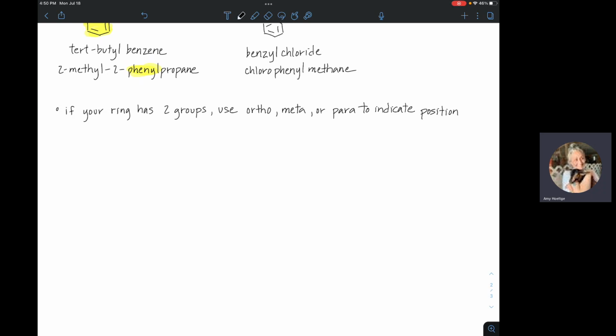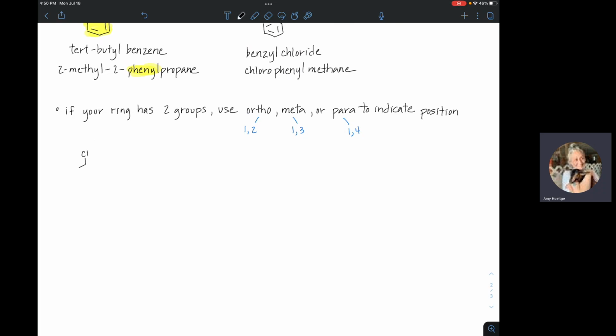I've seen students do that before, where they'll put meta and then they'll start naming their group. You can only have 2 groups if you're telling somebody what their position is using ortho, meta, and para, because what this refers to is that these groups would be in the 1, 2 position relative to each other. These would be 1, 3, or these would be 1, 4. So you can't have more than 2 groups on the ring and then use those prefixes and have them make any sense. So for example, if I've got